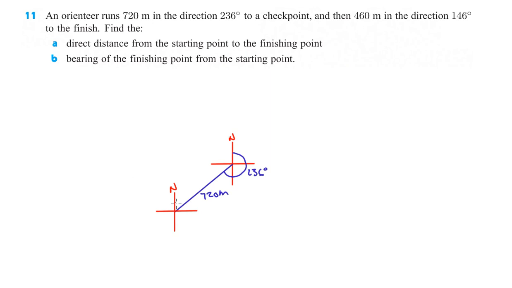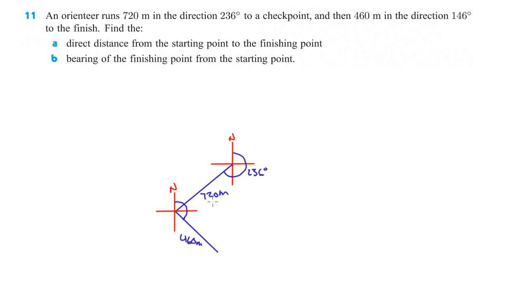This blue line we don't care about right now. All we're doing is drawing 146 degrees. So there's 90 degrees, 140, 180 is going to be over this line here, so it's somewhere out here. Again, we don't know exactly where. We're just going to guesstimate and say it's about there. And this one's only 460